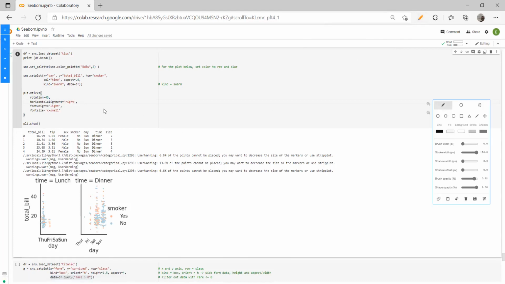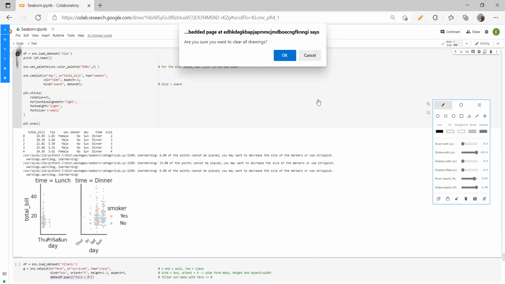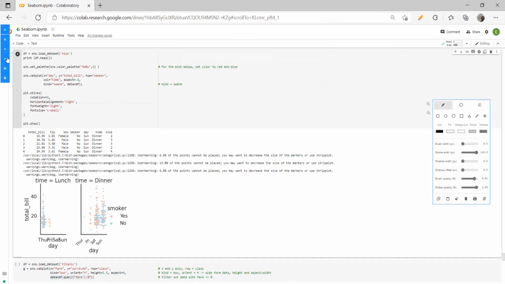So let's go ahead. This is the data set that we are loading, the tips data set. df is equal to sns.load_dataset tips. It says what the total bill was, what tip that person gave, whether it was male or female, whether a smoker or not, what the day was, Sunday, Monday, Tuesday, what the time was, dinner or lunch, and the number of people accompanied in total, the size of a group.